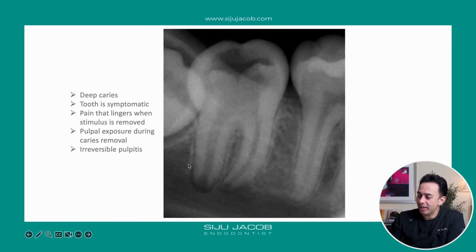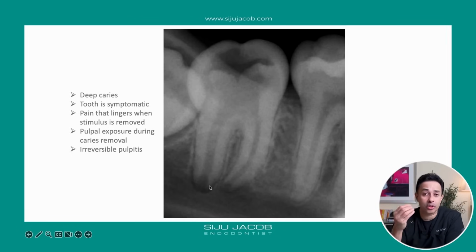So we always attempt, if a part of the pulp is vital, to do something like a coronal pulpectomy, which means we selectively remove that part of the pulp which is very inflamed and then leave the pulp which is not that badly inflamed, hoping that it will recover. And that pulp which remains in the canal will continue development of the root. When you say development of the root, it means the root will form, or the root closure will happen in the natural way, and the cervical part also will get thickened. So this is the goal.